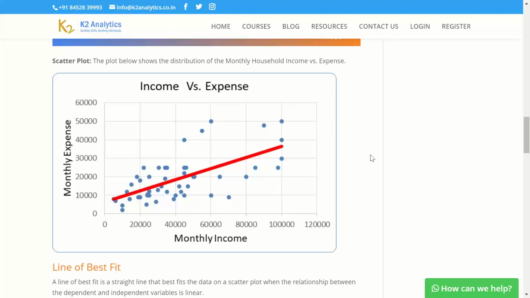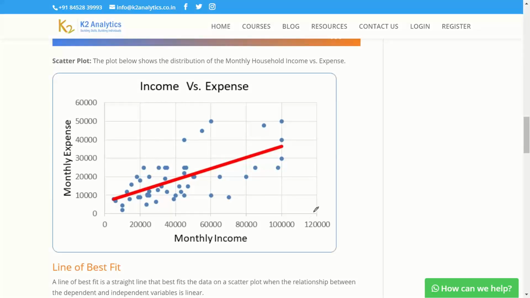Now when you create a scatter plot, which variable should be on the x-axis and which variable on the y-axis? Your interpretation may not change much, but there are conventions.